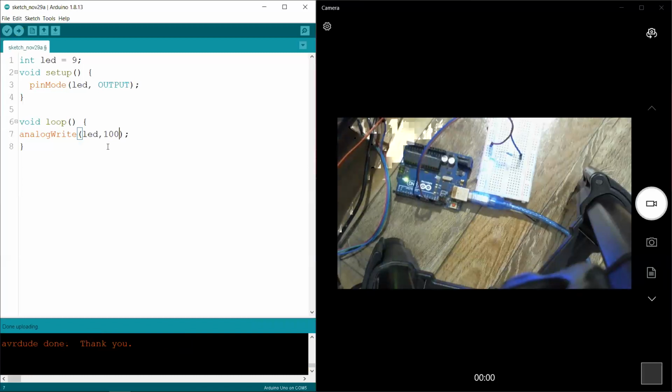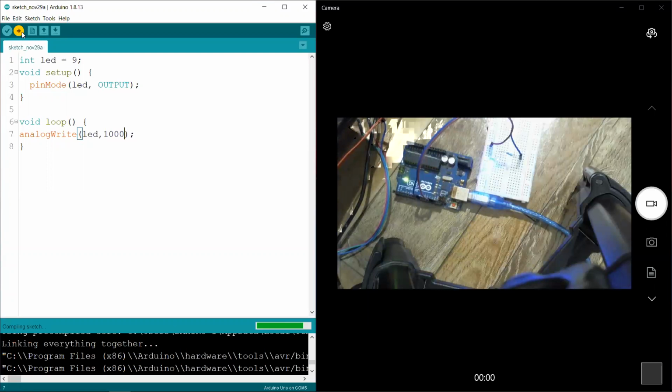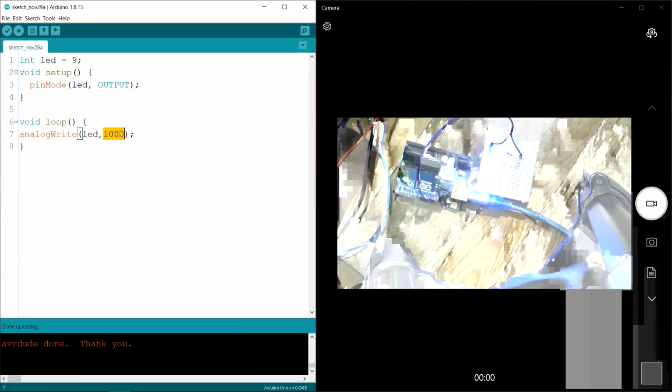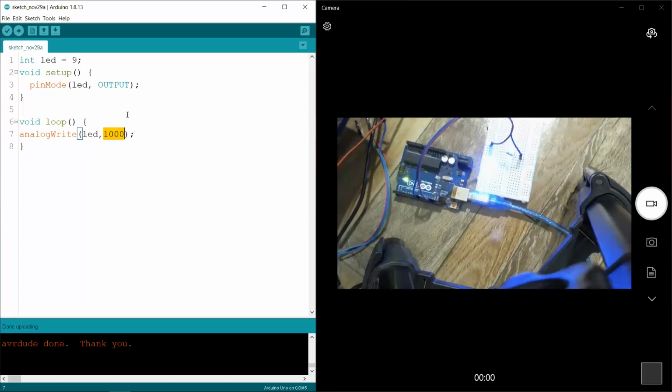So if I type in 1000, that is actually not going to do anything. See, that is the exact brightness. You can go with 255 because that comes from the internals of Arduino. So it doesn't matter which value you type in, more than 255, that's it. You are going to get the brightness level of 255. That is fully on. Other than fully on, there isn't a level you can go. So 255, that's it. You can type 1000, 2000, anything. It is not going to get any brighter.